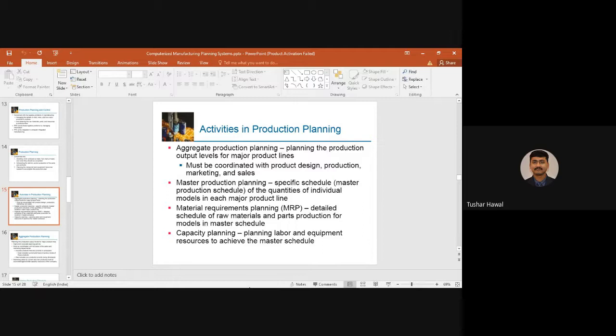Suppose it is a sales driven industry, not an order driven industry, where you manufacture the product yourself and then sell it across. Suppose there is some drop in the sales due to a particular problem. There should be proper coordination between the sales and marketing team and the production team to slow down your production, decrease it, or completely stop the production in some cases.